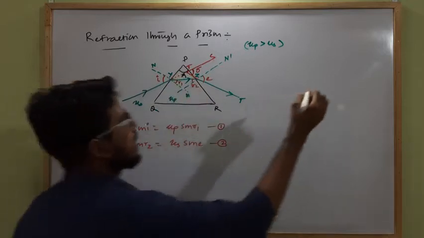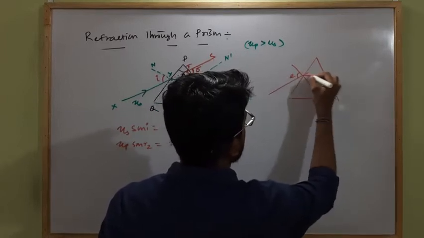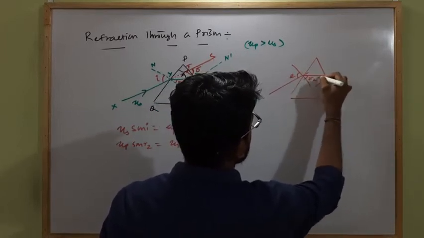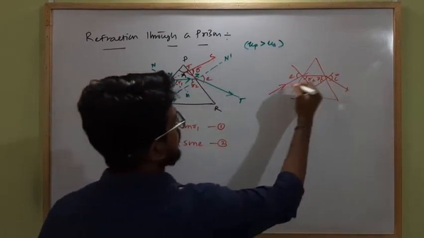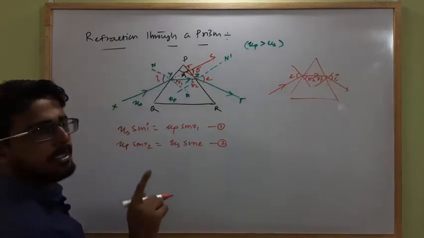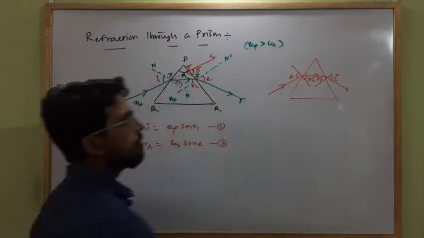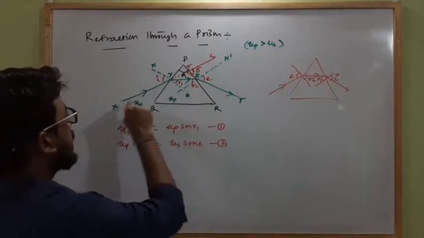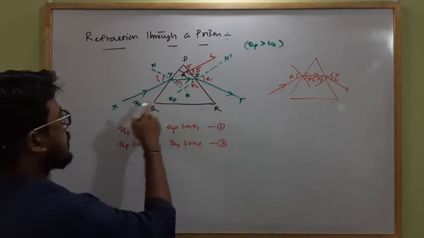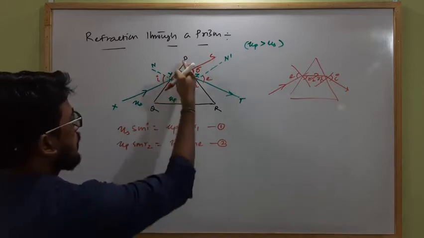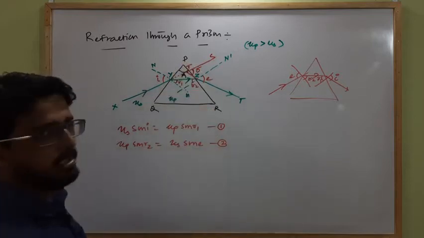In another case, if I incident the ray at an angle E on this prism, it will enter at an angle R2, strike at an angle R1 and come out at an angle I. This also happens because of the principle of reversibility. So if I is the incidence angle, E will be the emerging angle, and if E is the incidence angle, I will be the emerging angle. Clear? In this case, light travels from the μS medium to the μP medium. This is rarer, this is denser. So for the PQ refracting surface I can write Snell's law like this, and for the PR refracting surface I can write Snell's law like this.